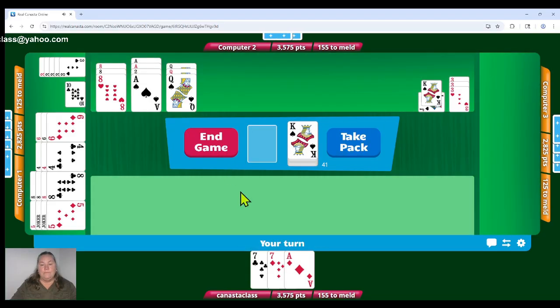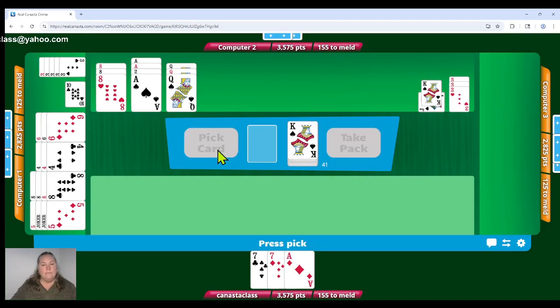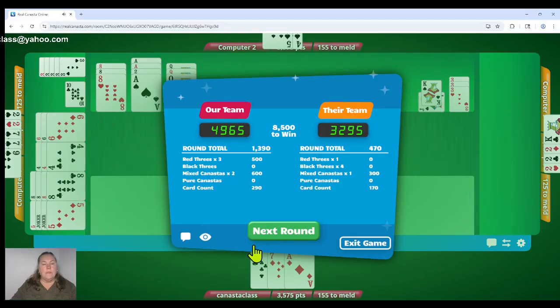End game. Oh, I forgot to add my ace. Oh shoot, I could have added my ace at the last turn. I messed up. I have to end the game. That would have maybe made me discard a 7, but I don't think so. I should have added it last hand. Wasn't paying attention. We got a total of